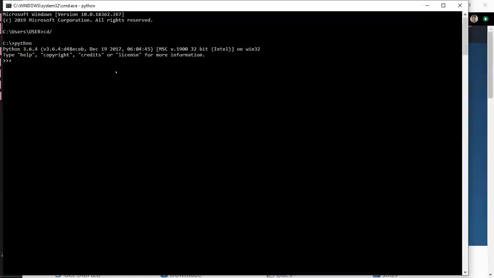I don't have the latest version right now, but I would really suggest downloading the latest version, and it should be there on your machine if you wish to start working on Selenium with Python. So with this, you can be sure that Python is installed. For now, I'm going to exit.